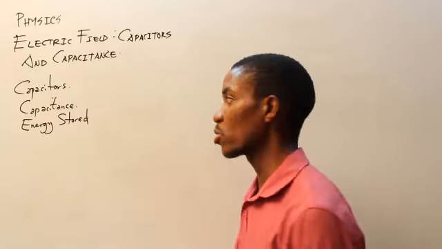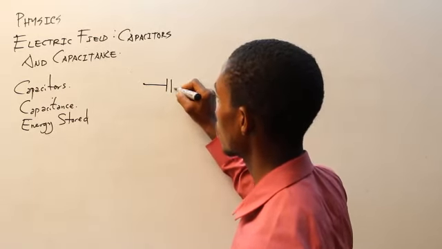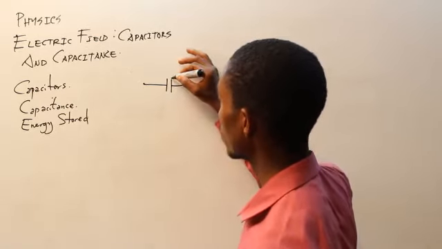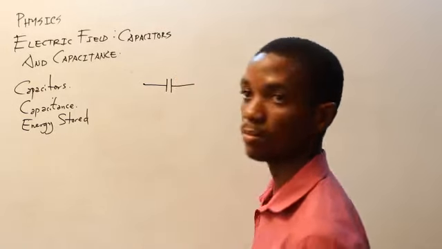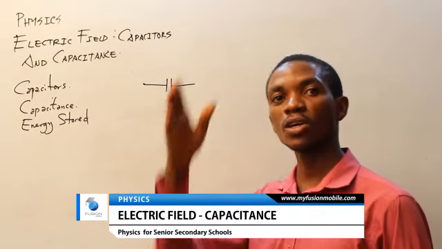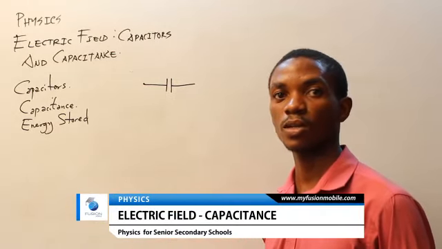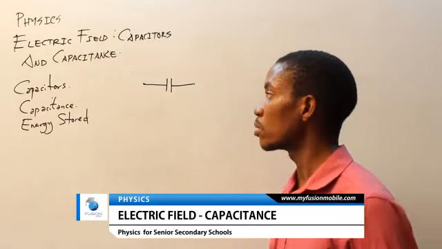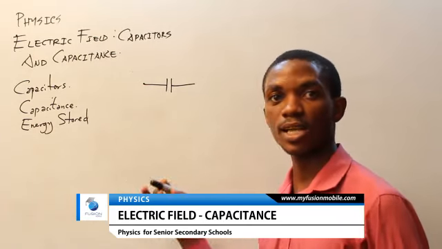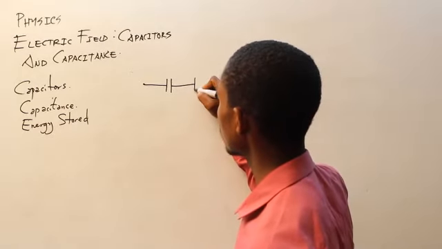Capacitors are represented with the symbol of two lines, the same height, unlike our cells, which have one long line and one shorter line. Here we have two lines that are the same height. So if you connect your capacitors in series,